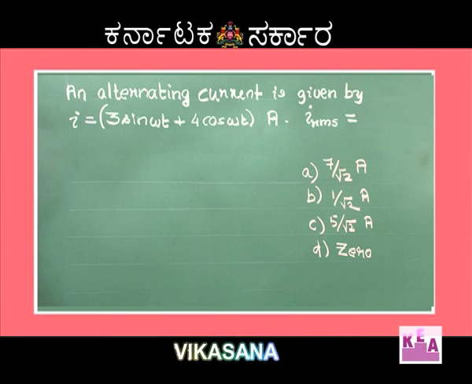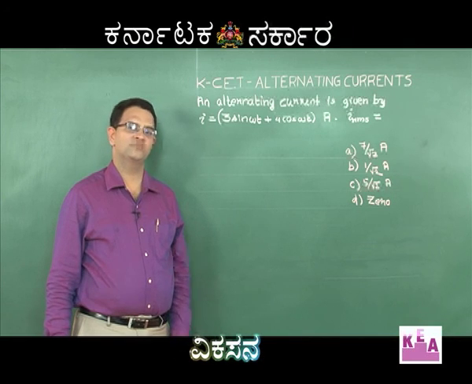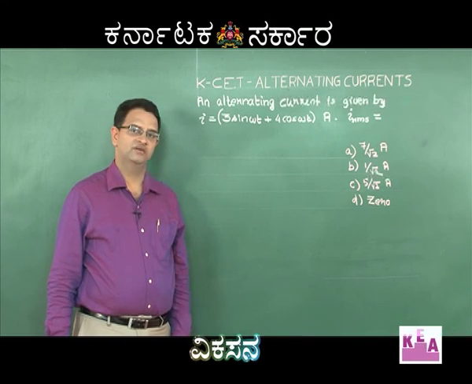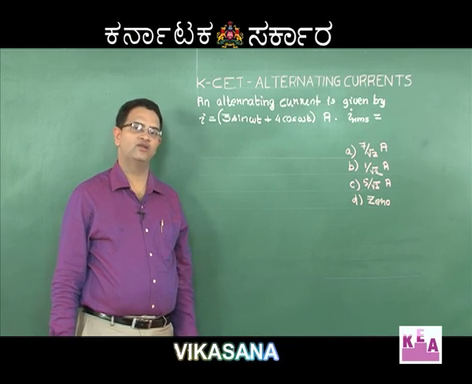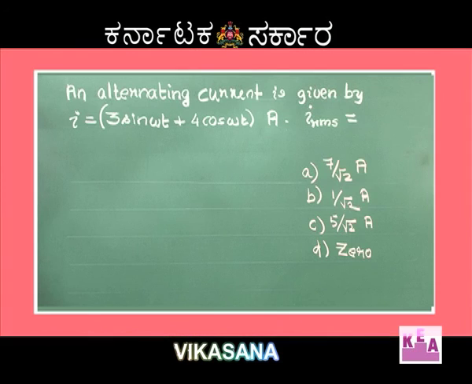Here, this question, if we observe carefully, it doesn't appear to be in the standard form. The standard form is I is equal to I naught sin of (omega t plus phi) or I naught cos of (omega t plus phi). Here it is a linear function of 3 sin omega t and 4 cos omega t. Now directly we may not be able to say the value of RMS,